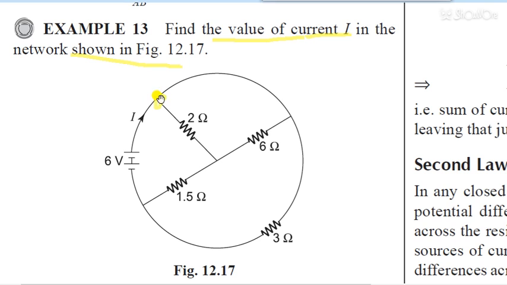So let's take it as point A, as we are saying about the parallel shifting. So it is point A. It is point A B. No resistance is connected between A and B. That means A and B are common points. So these two resistances can be in parallel. 2 and 6 are in parallel. So students, these two are in parallel.